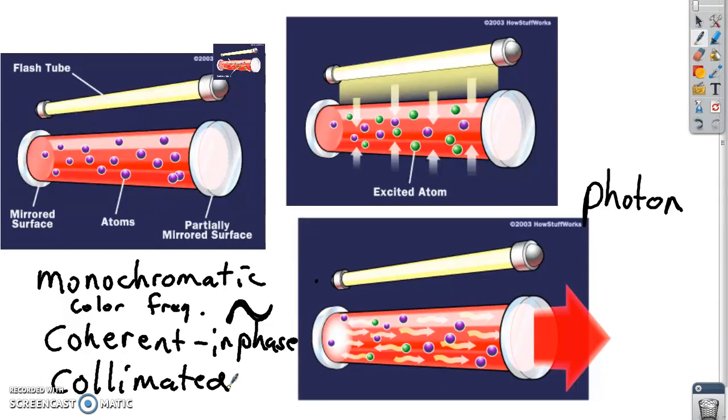They basically are light that is monochromatic, it's all the same frequency, it's coherent, which means it's in phase or in step, and collimated, which means it's all parallel, they're all going exactly the same direction at the same time. Everything is coordinated. Kind of light that has it all together, if you will. And that basically